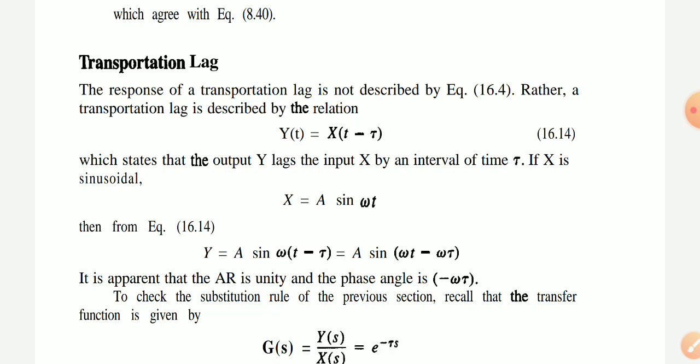Rather, a transportation leg is described by the relation y(t) = x(t - tau), which states that the output y lags the input x by an interval of time tau. If x is sinusoidal, x = A sin omega t,